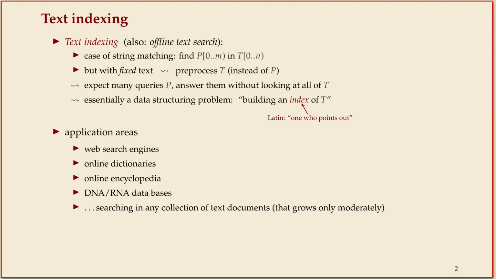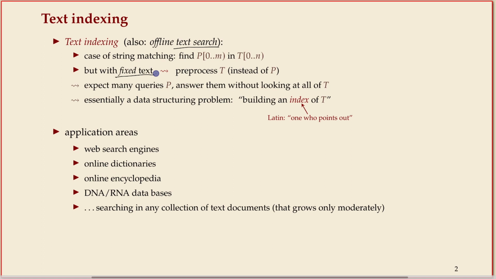Let's first set the scene a little bit where we are and why we do this unit. The problem that we focus on is called text indexing, and it's basically the same as string matching that we've seen in Unit 4. But in this case, there's an important distinction, namely we call it offline string matching, because the text is static, it doesn't change. So it's similar as in Unit 4. We have a pattern that we're trying to find in the text, but the text is fixed and given to us in advance. So we're allowed to pre-process the text,